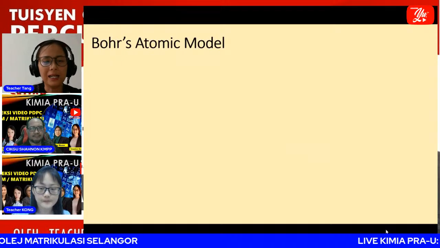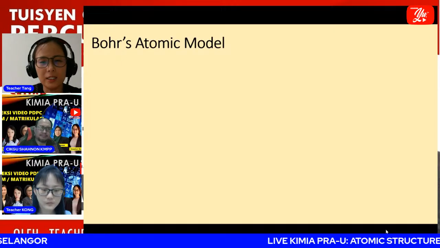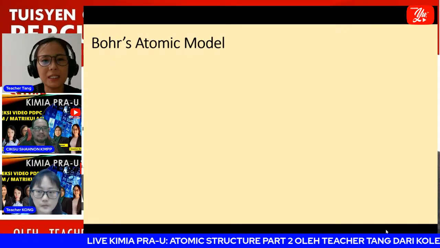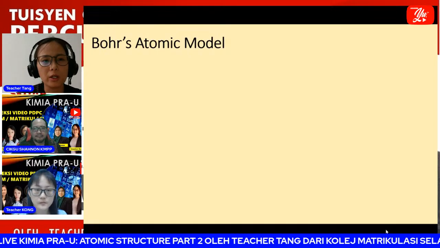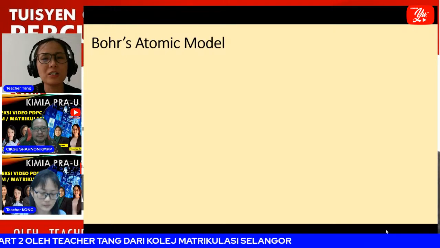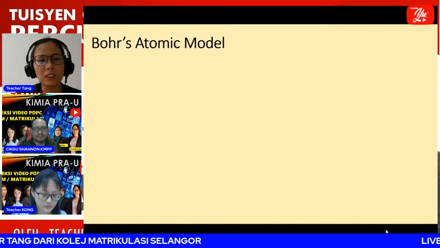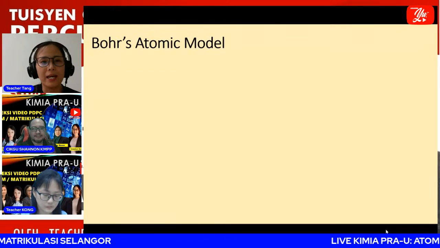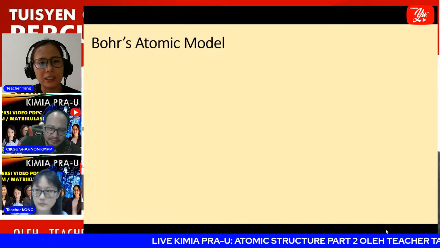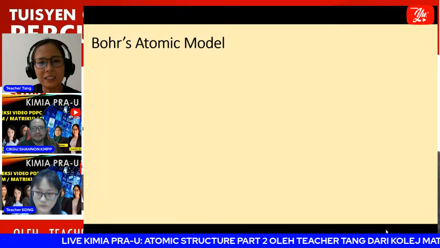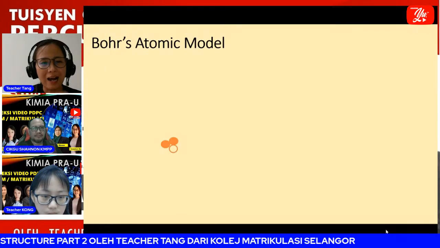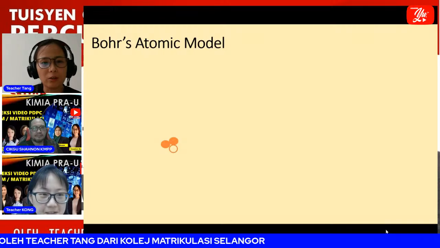So last week, Teacher Vivi Lau already introduced Bohr's atomic model, which was proposed by Bohr. When Bohr proposed this atomic model, he used the hydrogen atom as the model. In Bohr's atomic model, Bohr divides the hydrogen atom into two parts. The first part is the nucleus, which consists of protons and neutrons. And outside the nucleus consists of